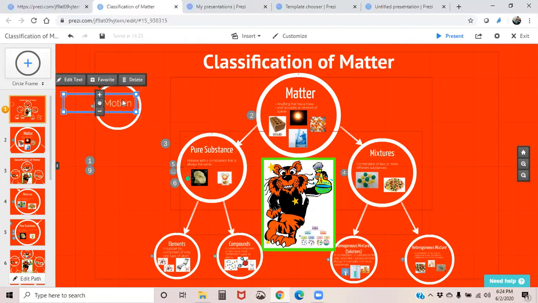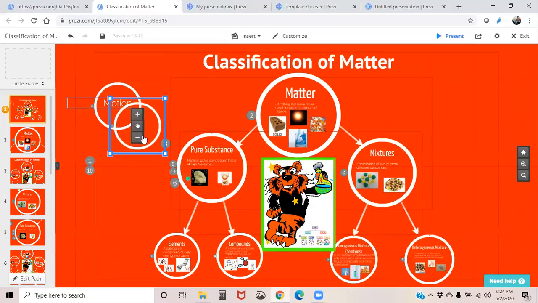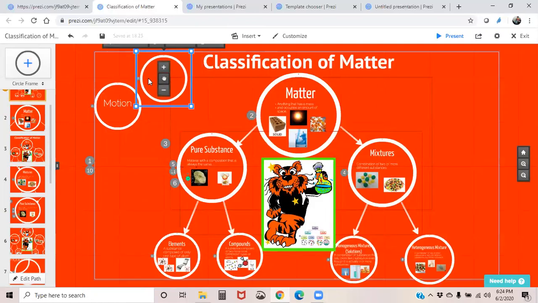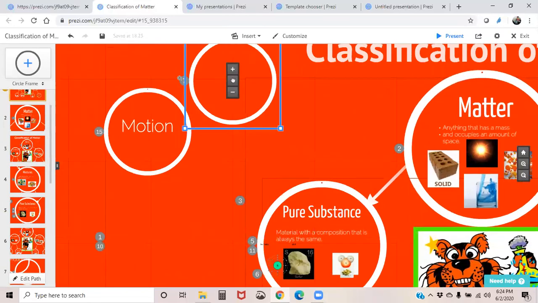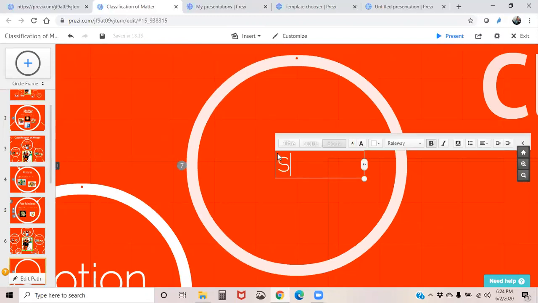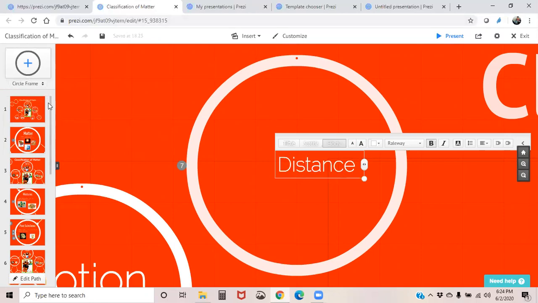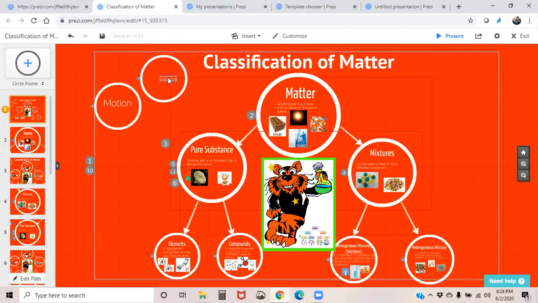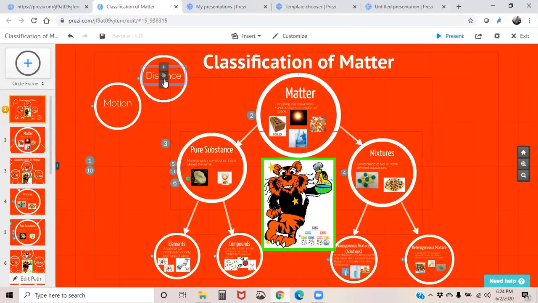So I could have connected things. I could have added off of motion, I could put another frame, and inside of this frame I could put text like speed or distance. Could be my first frame. And then go back out to my whole page. And I could insert a line